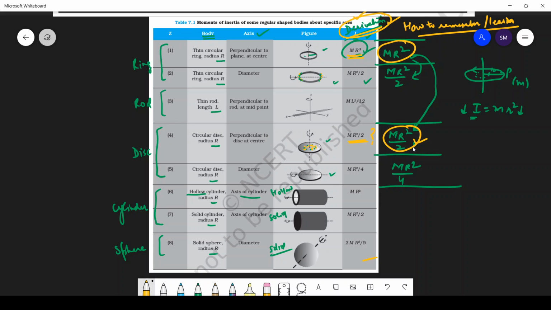Which derivation, sir? The derivation is there in my previous lectures. You can see my previous videos, where I have told you how to derive these formulas. Yes, see my previous videos where I have taught moment of inertia and how to derive. The heading in the video is theorem of perpendicular axis and theorem of parallel axis. So there I have derived these relations. See the previous videos and then the SL Arora book, you can